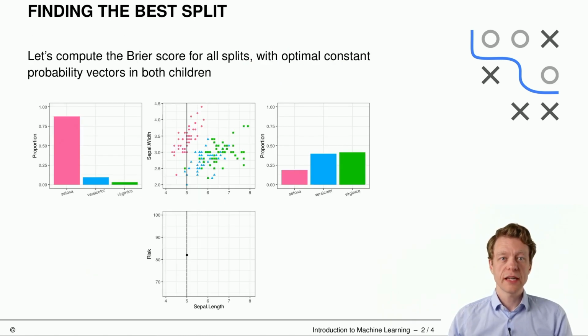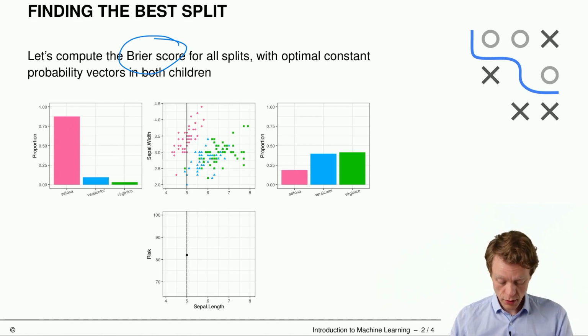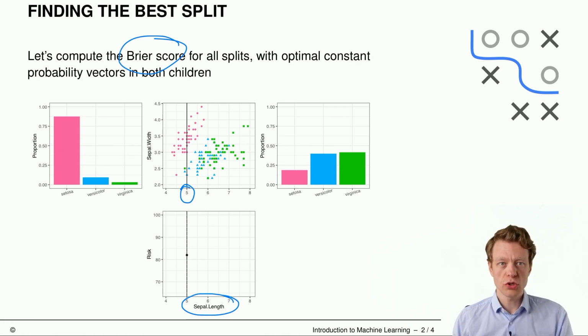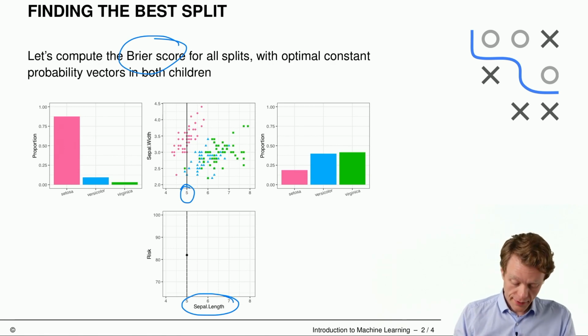Here we have a little visualization for you of how this works. Let's say we have the Brier score and try to find the optimal split. Okay, so what do we do? We try out different splits as for regression. Let's say we split at Sepal.Length equals 5. We do not split at Sepal.Width, but at Sepal.Length. And then we can compute, or well, basically if we have split at Sepal.Length equals 5, then we have two